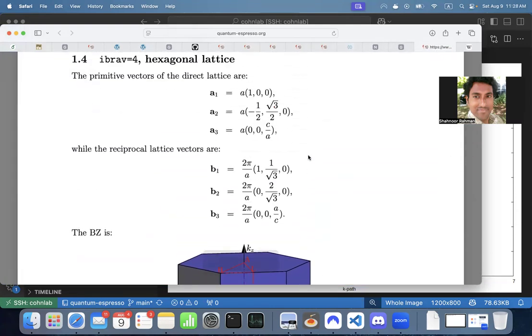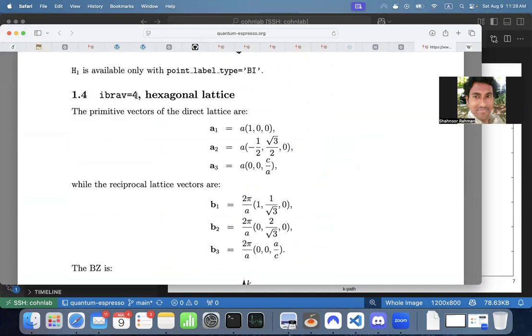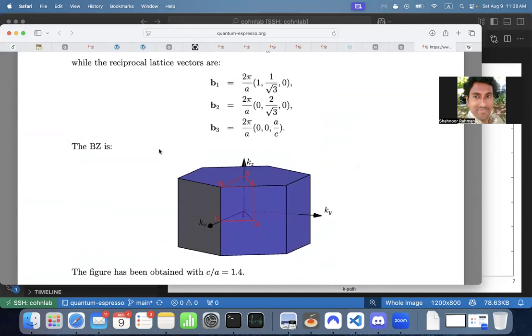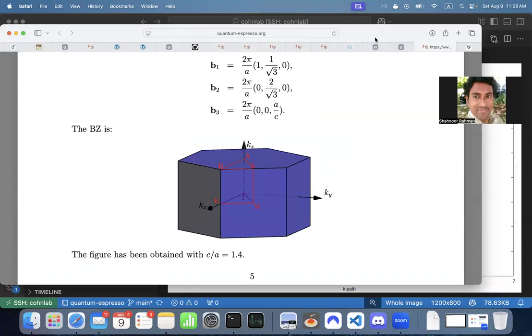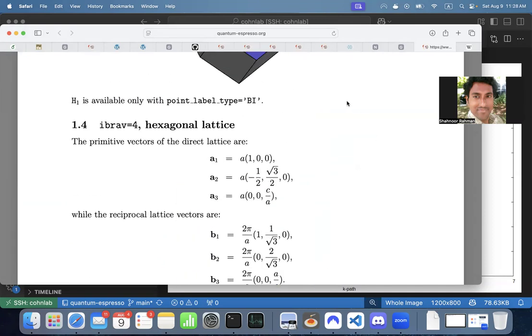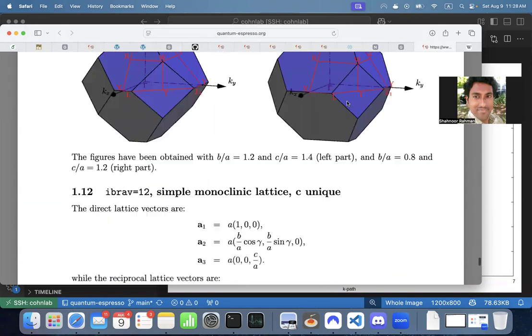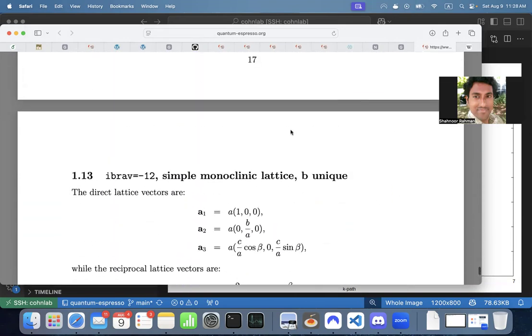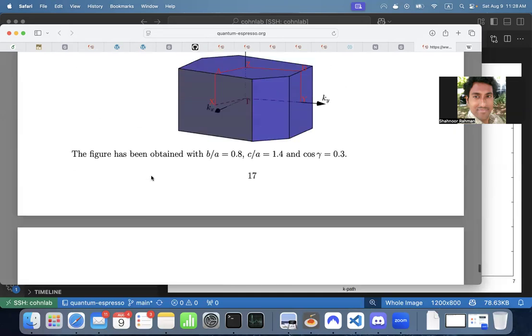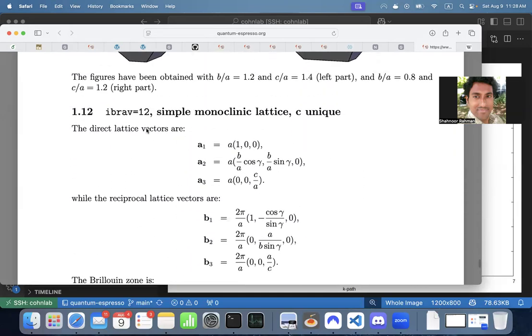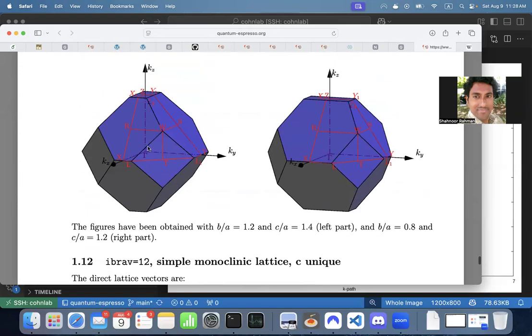So matching with whatever ibrav is there, you need to define the paths. Okay. Yes, for different crystal structures, the path will change, exactly. But there are 14 types of Bravais lattice. So let's take a look at the last one. -12, and this one is 12. So this one is